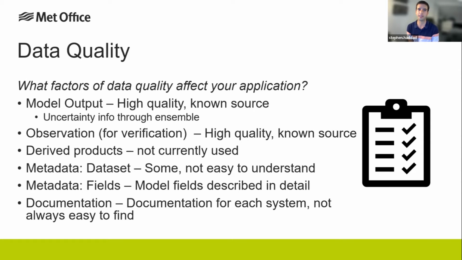In terms of quality, though, metadata and documentation are perhaps a little bit less good. There is a lot of metadata associated primarily with the model and describing the outputs, but it's not always co-located with the data or easy to connect the data itself with the metadata that explains it. For the post-processing team who works with it all the time, that's fairly easy, but for someone coming new to the problem, fully understanding this data set based on the metadata and finding the relevant documentation can be tricky. So bringing together all the sources of information is one way this can be improved to enable future machine learning projects to make better use of this data.